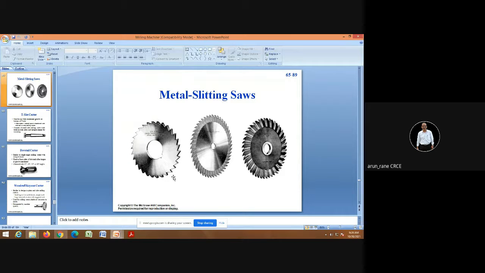Many times the cutter breaks and still it is continuing, since it is locked between the spacers of this metal slitting saw. There is a spacer here, and a spacer behind as well. Since it is locked between the two spacers, if it cracks here, it remains intact because of the spacers and the nuts.